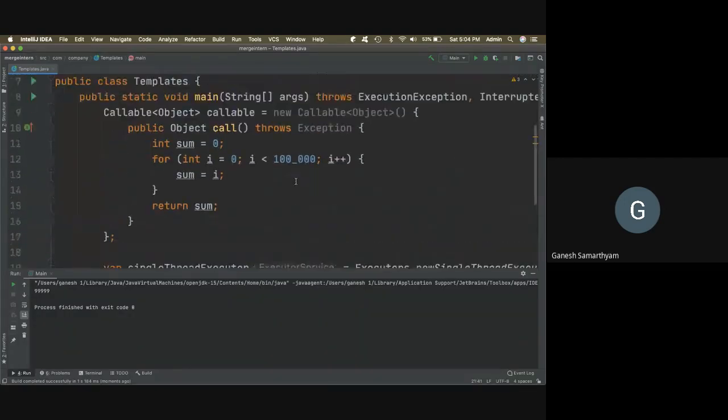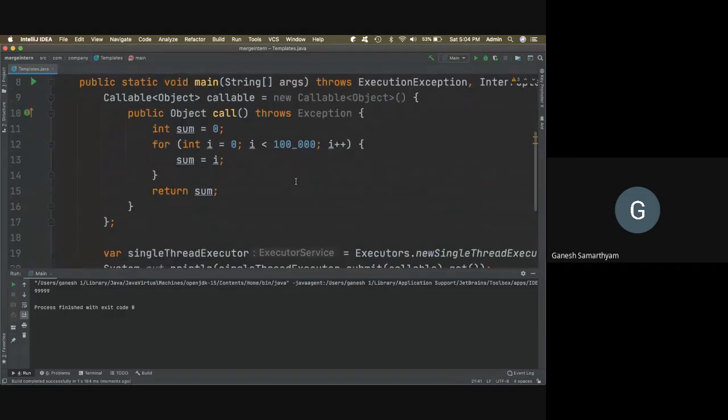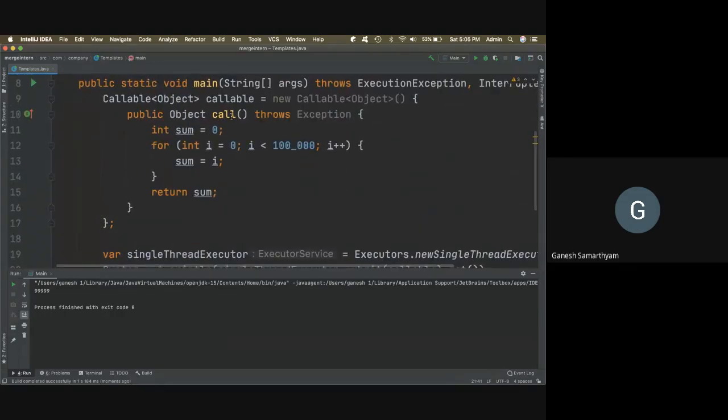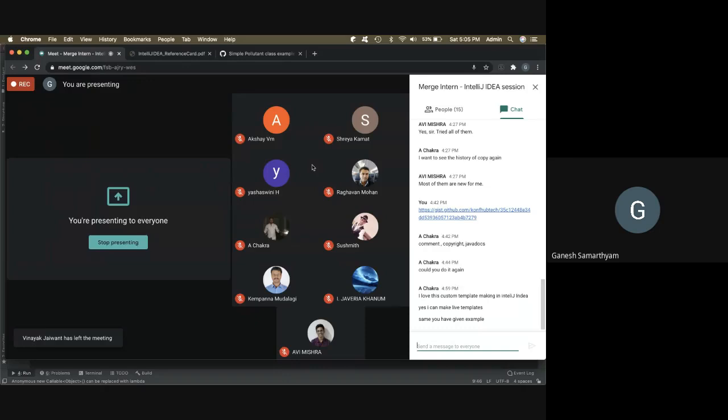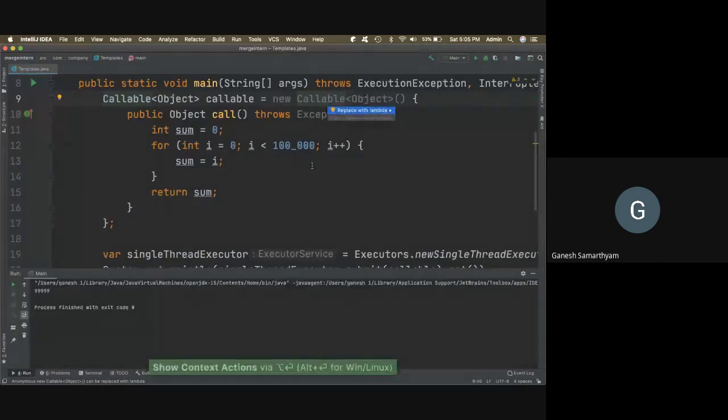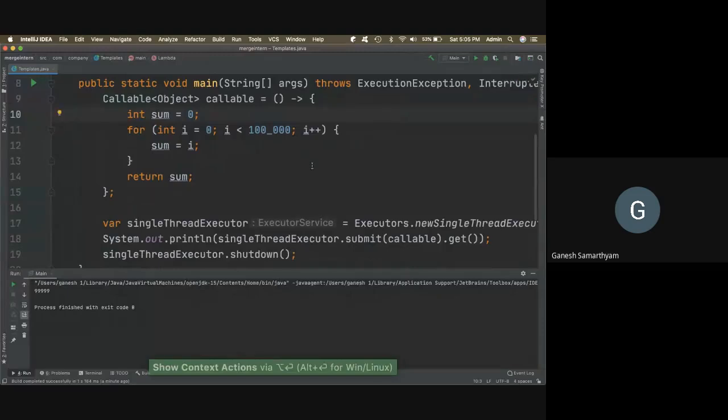So this is the benefit of generating the code, because you can do it very fast. Imagine doing this all by yourself. You have to remember what the return type is, what the proper signature of the call method is, and everything. You can see that this is grayed out. Can any of you suggest how to simplify this code? Okay, let me do this for you. Replace with lambda. The lambda is much more effective, right?